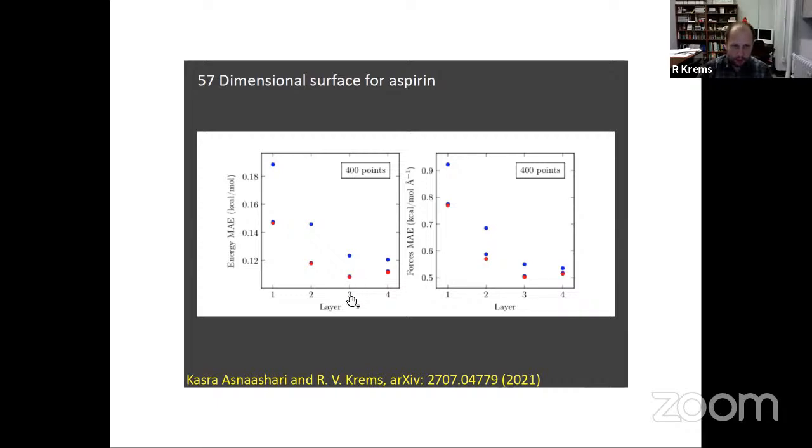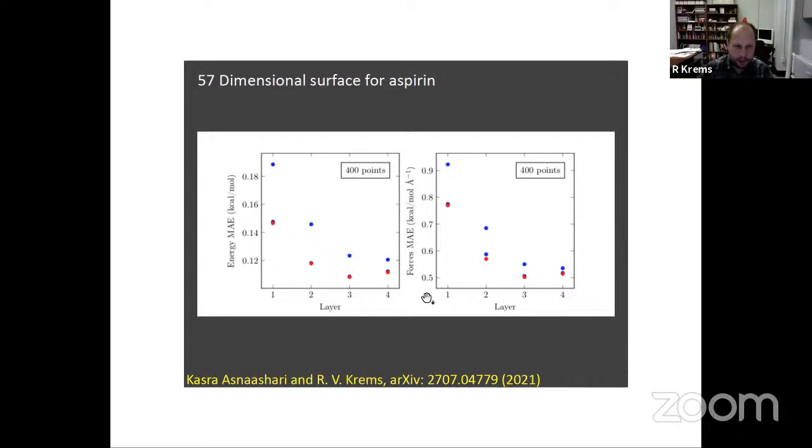So what this basically shows is that you can reduce the error of the model dramatically by this algorithm, and the BIC does remain a very good kernel selection metric, even when you have as few as 400 training points in this high dimensional space. And as you can see, there is a bit of a turnaround here, and this is what we mentioned earlier. It's due to overfitting. So we would stop the kernel optimization at layer 3 here.